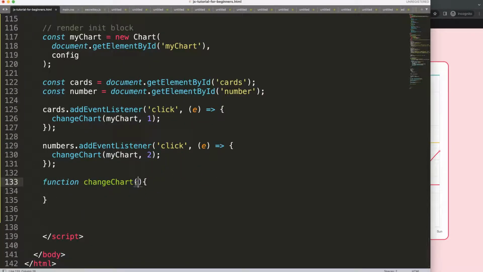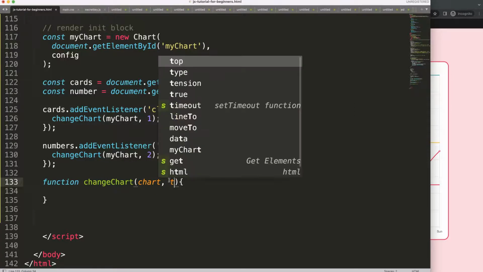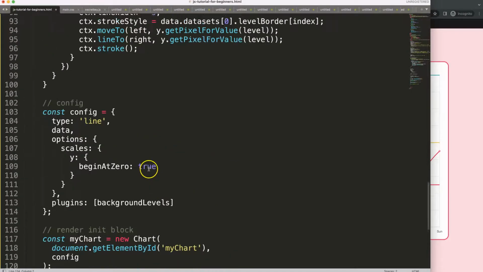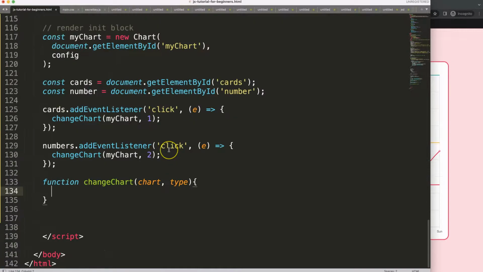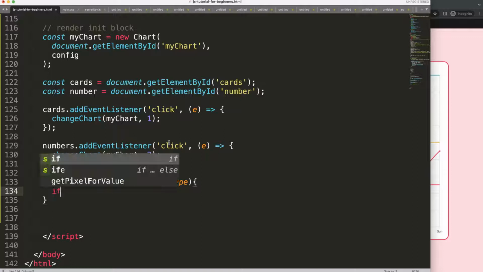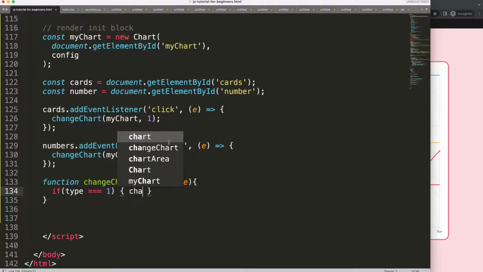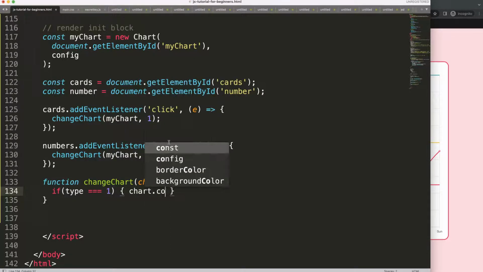So then here I can just say a chart, because I use this reference here, which is a reference to the chart object. And then here would be the type, or the chart type, could be anything you want. Alright, so then what I want to do, of course, is update, to make sure we update the chart here. All I want to do then is basically say if, and that's the if statement. So if type equals strict 1, and then we say here chart, what I want to do is